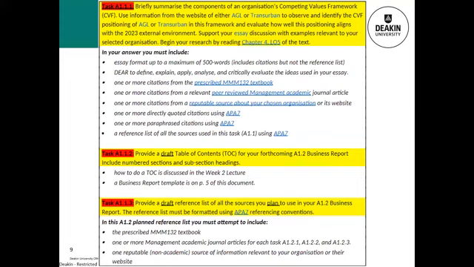In task 1, you're required to briefly summarise the components of an organisation's competing values framework, and then to identify this in your selected organisation. You can choose AGL or Transurban, so one of those 2 organisations, but not both, or any other. You're looking at that framework in your organisation, and then you're evaluating how well this positioning aligns with